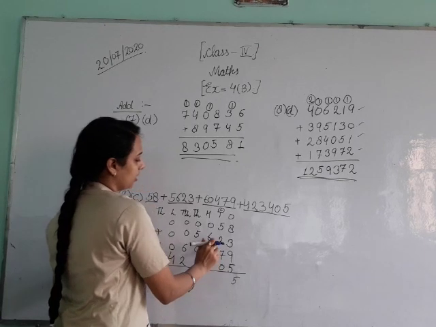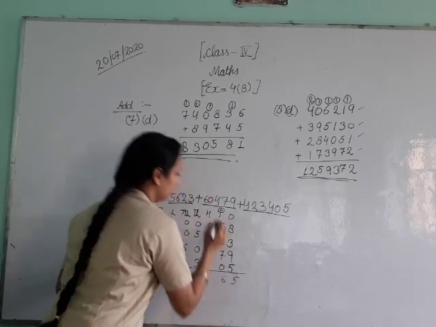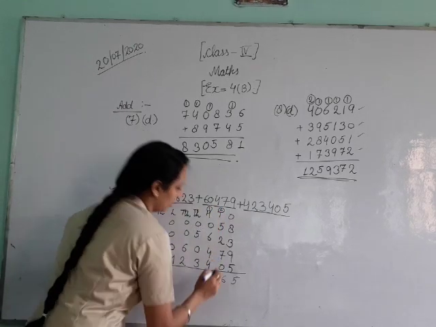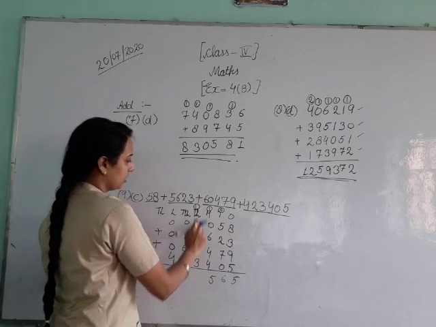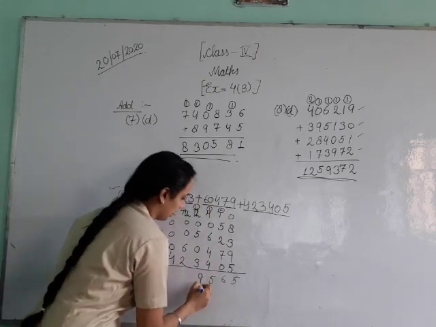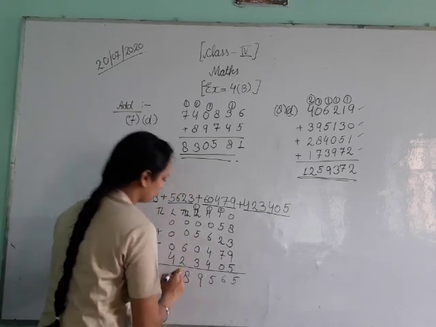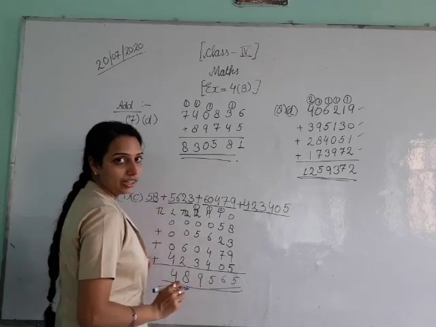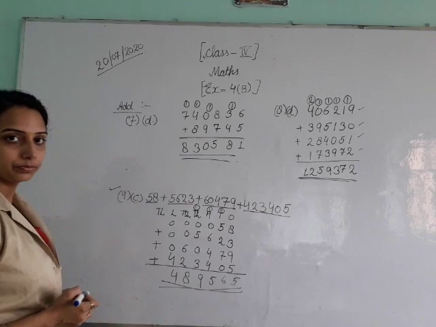Now 7 and 2 is 9, 2 is 11 and 5 is 16, 1, 6 and 4 is 10, 14 and 1 is 15, 1, 5, 6 and 3 is 9. Now 6, 7, 8 and now this is our 4. Okay, so this is our required answer. Understood? You can do this work.